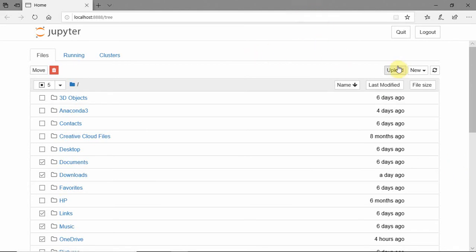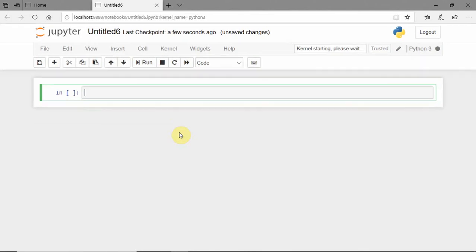Open the Jupyter notebook, go to new. So here in the new, you need to select the Python 3. Whenever you click on the Python 3, an IDE is open which contains the cells. In these cells, you are going to write your program. Now let's start creating the variables.